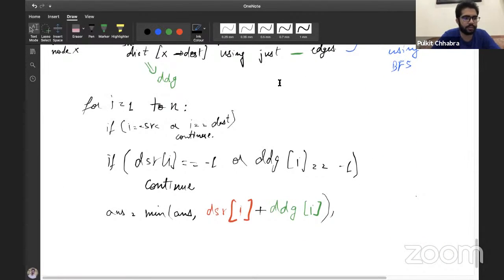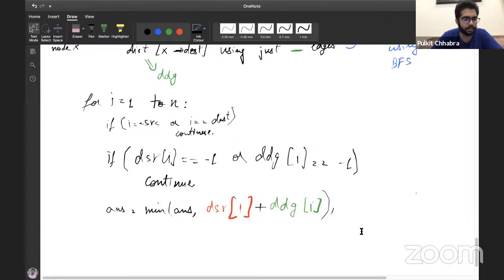For every value from 1 to n, I check what the value of my shortest distance will be if I switch from red to green just after this node. I know that the distance is equal to DSR of I plus DDG of I, right? So I'll take the minimum out of all those values, and the minimum value will be my answer.